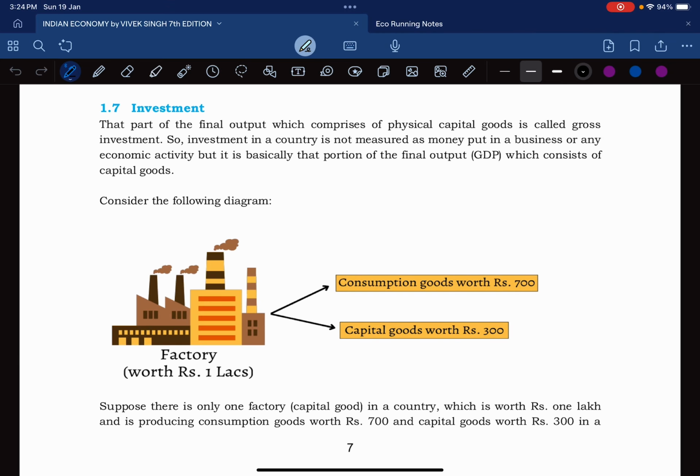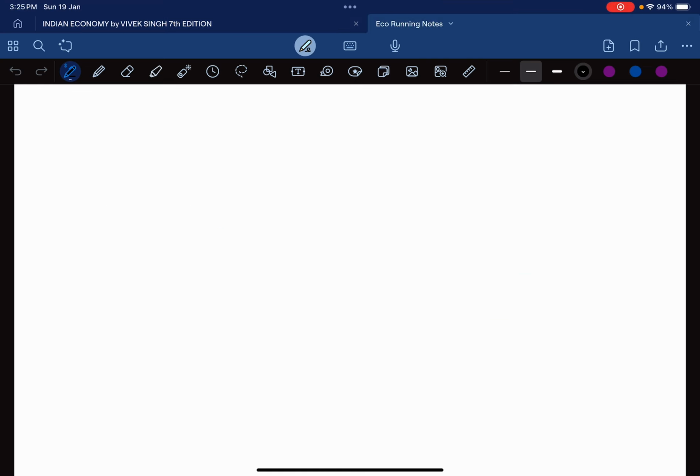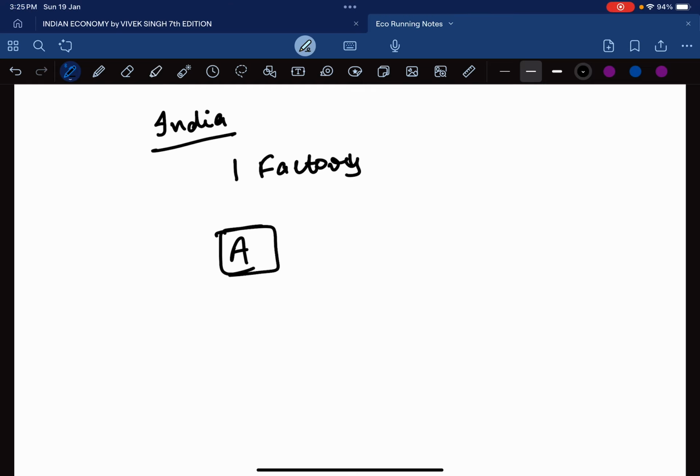Let's start with subtopic 1.7, that is investment. First, let's understand what it means. So, let's say in our country we have only one factory. Let's say factory A, and in order to set up this factory, we have been needing rupees 1